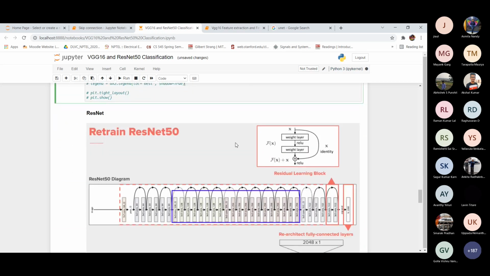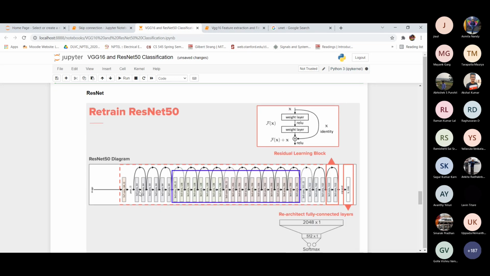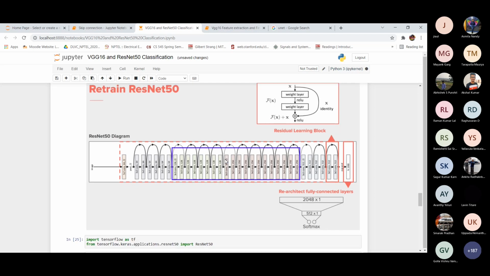We had discussed previously how the residual connection works, and we can add it. It is not that we have to skip only one layer. We can skip from here to here also. And this is the ResNet 50 diagram.